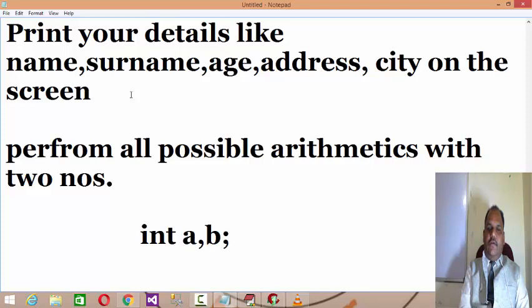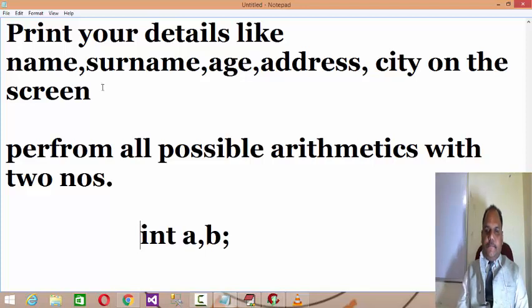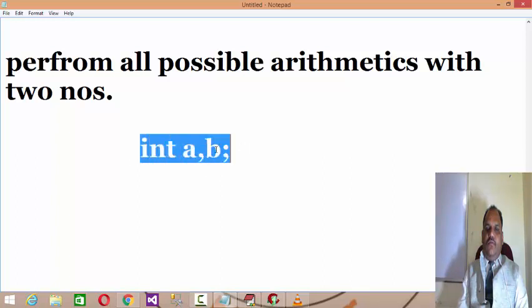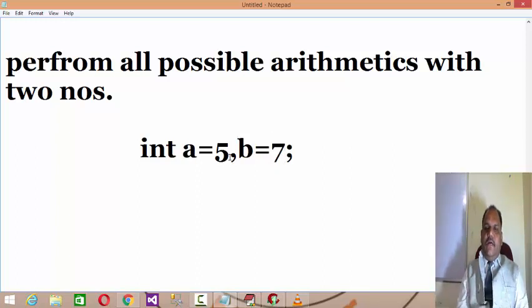Two variables we are having, right? So here I need to declare the two variables by the names a and b, and integer is the data type. Data type means variable type. Let us discuss this programmatically. If you have the two variables a, comma b, a has the value 5, let's say, b has the value 7, and then you want to perform the arithmetic with them, right? So let's write the code for it.